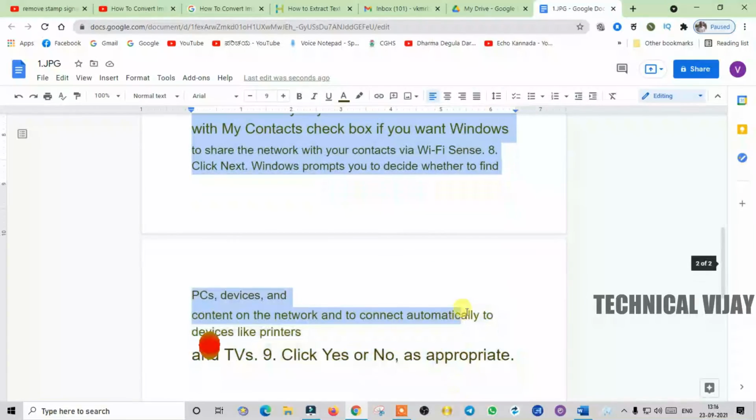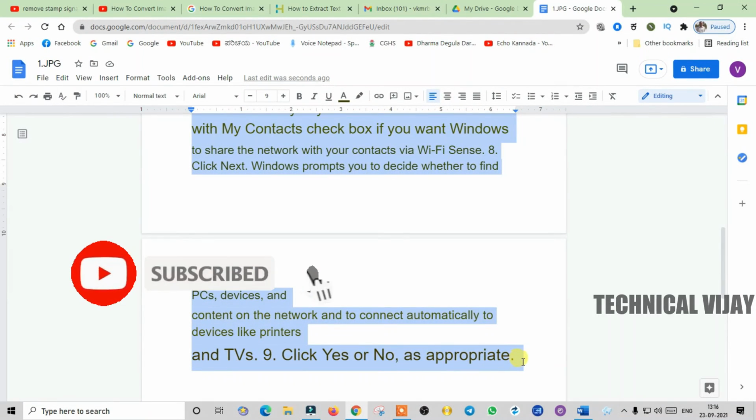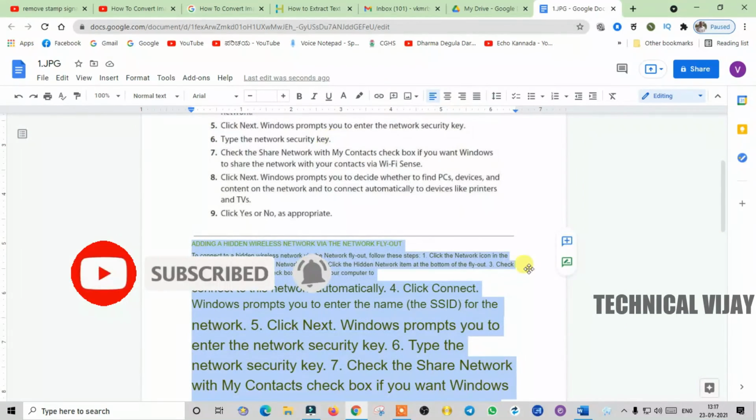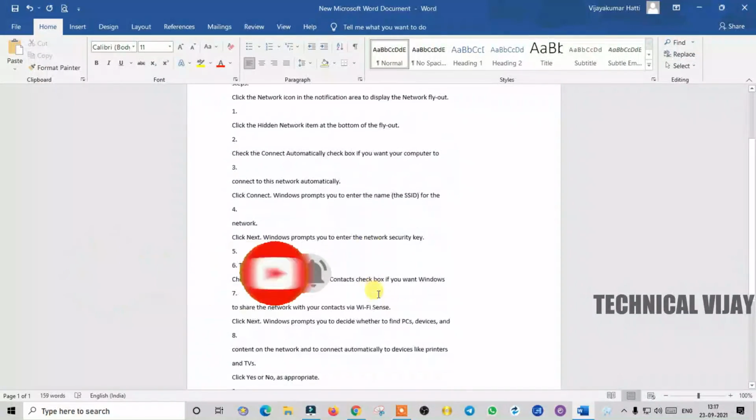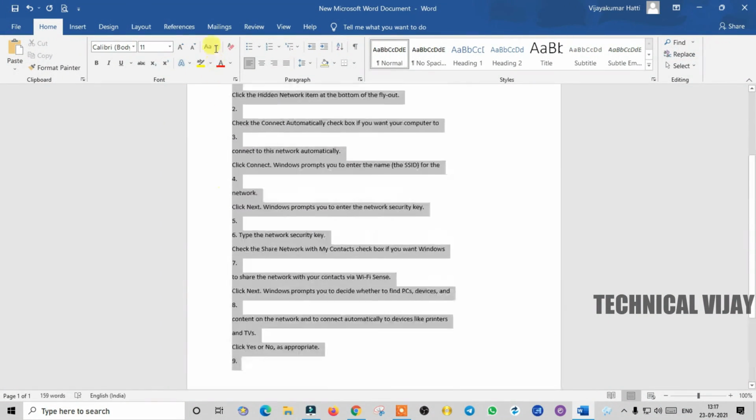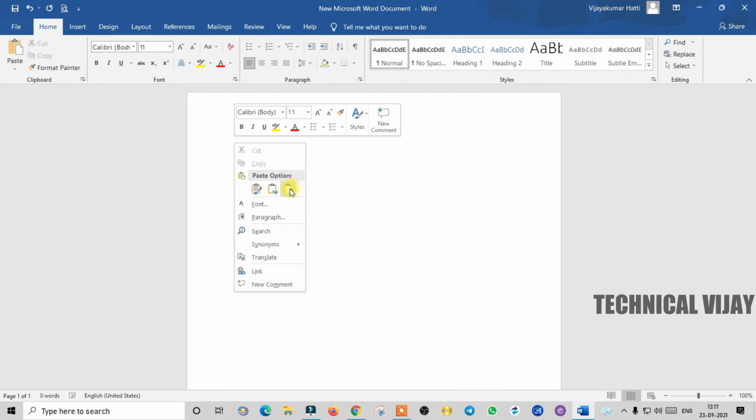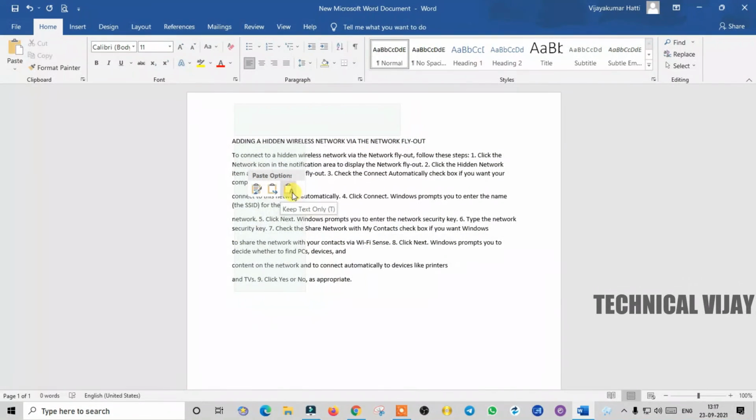You can copy this and paste it here, as we did in the last example. Here also see this text; it can be edited. We can edit anything here or delete something. In this way we can convert the image format into an editable format.